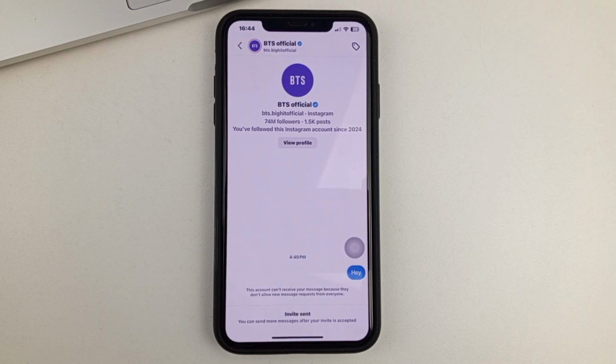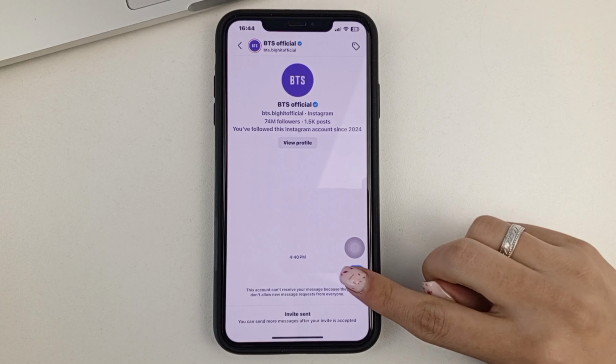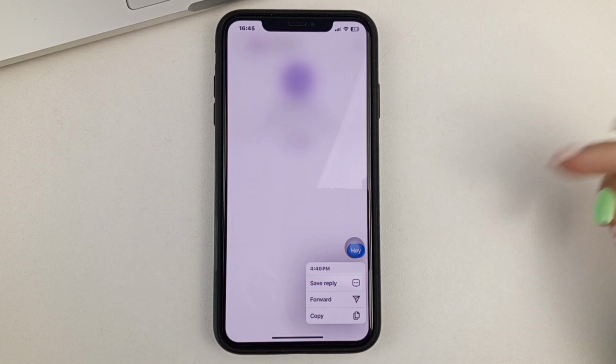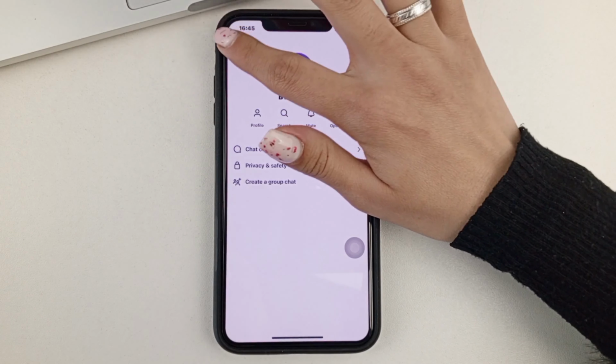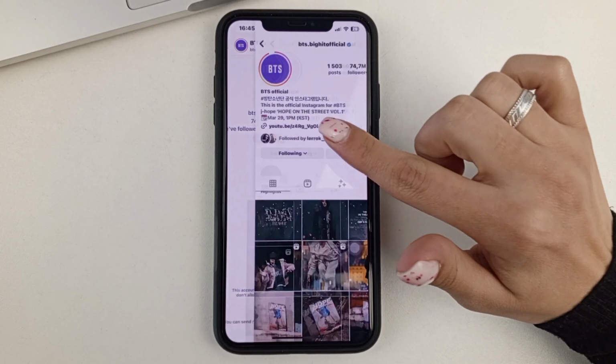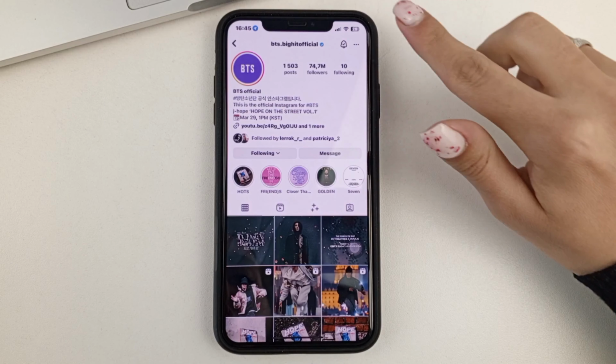It can be in cases like this if the account we're writing to is closed, for example, and the person is looking at all correspondence requests. Or, as in my case, it is a very popular account where all messages that come in are viewed. And here, unfortunately, we don't have, as you can see, a function to delete such a message if we have sent it. The only thing we can do is go to the account. Then we click on the three dots and select block.